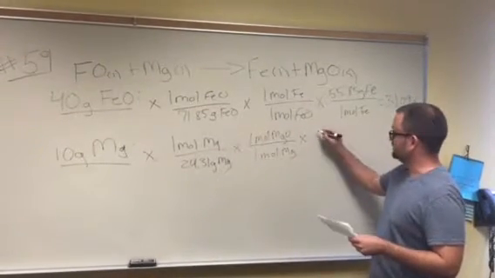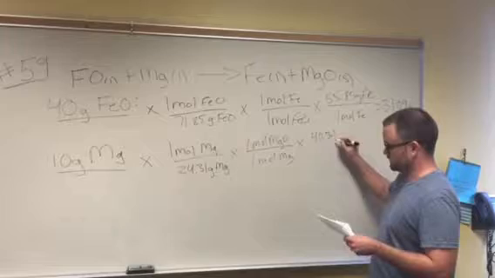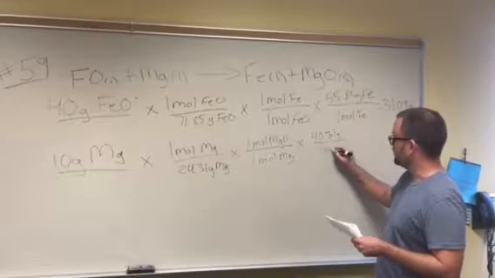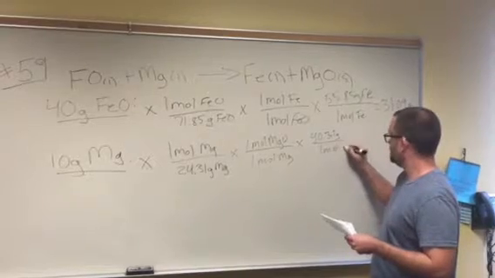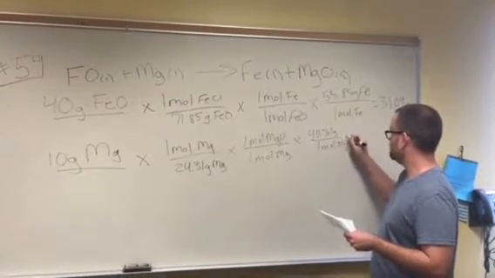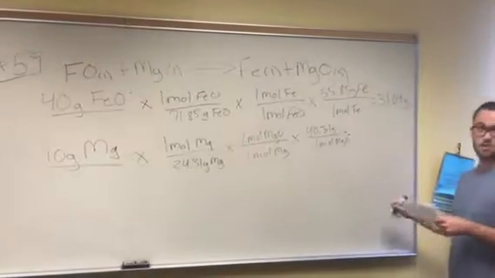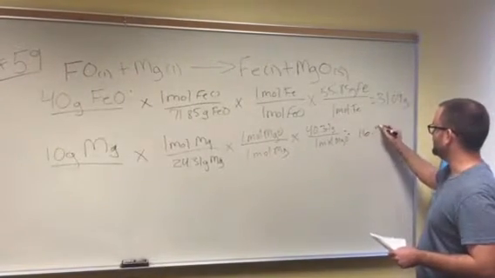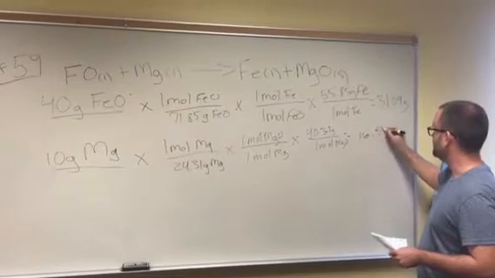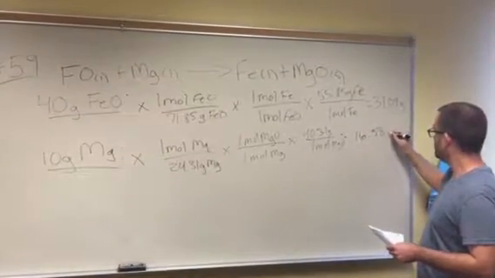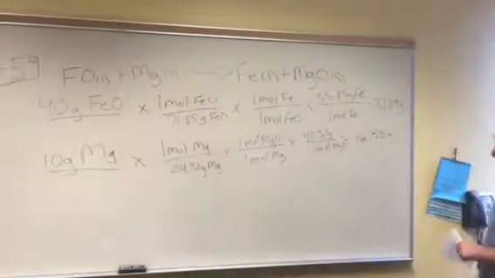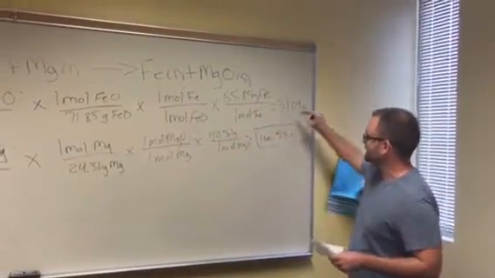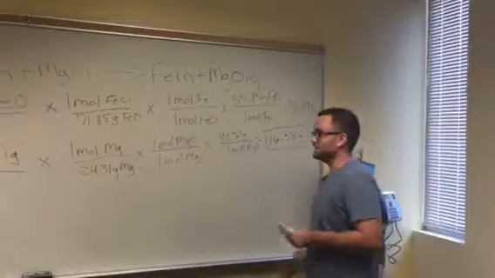So then that is going to be 40.31 grams over 1 mole MgO. And we do all those calculations, you're going to come out with 16.558 grams. So simple math tells you that 16.58 is less than 31.09, so that means that the magnesium is going